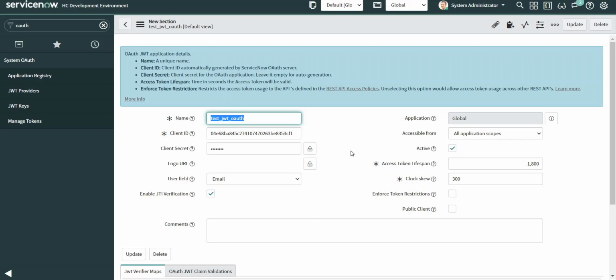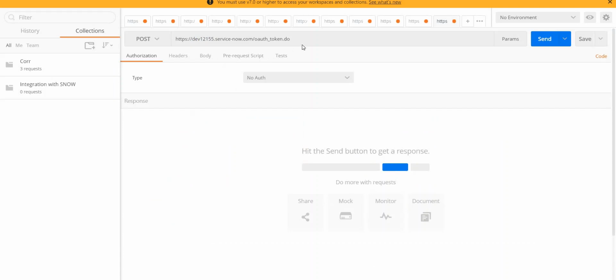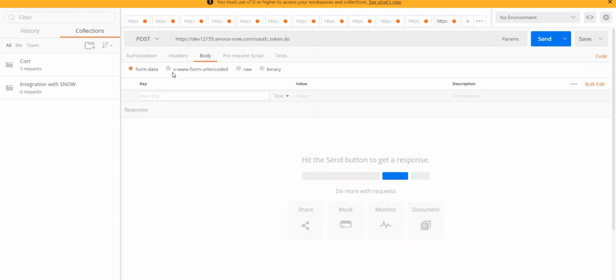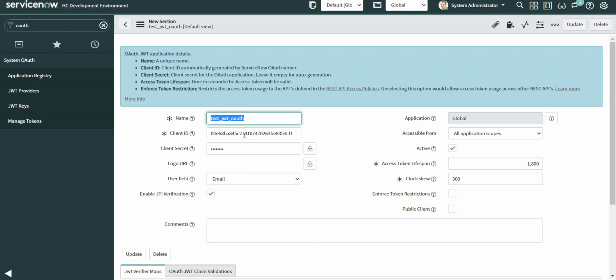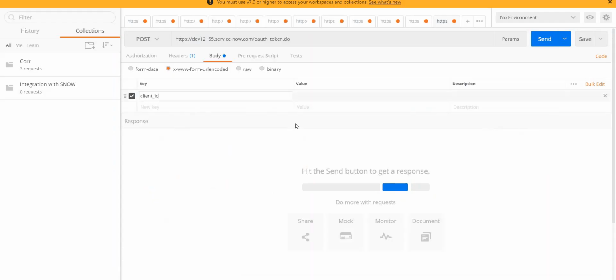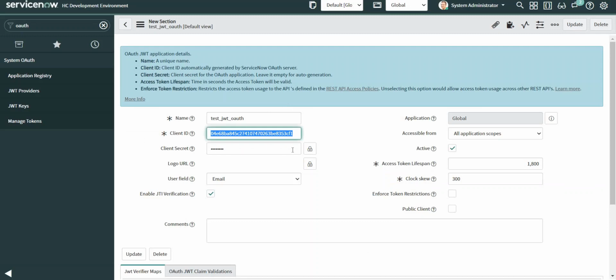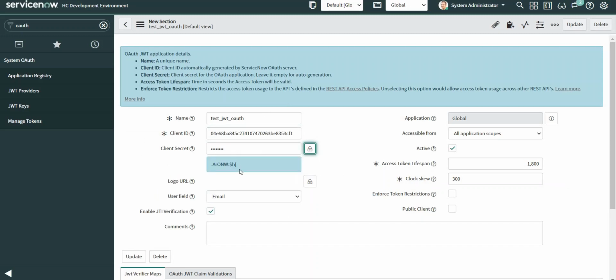Before I jump on to generating a token, let me first set up my things in Postman because I will be showcasing everything with the help of Postman. So let's go to the body, and first of all I will specify the client ID, which is this one. Next is the client secret,